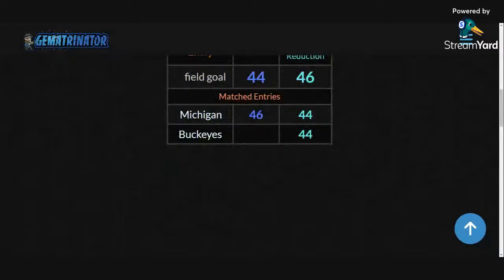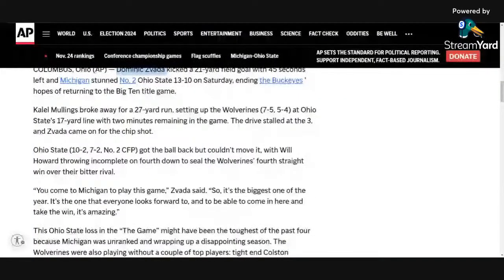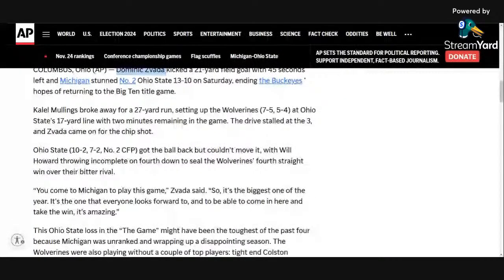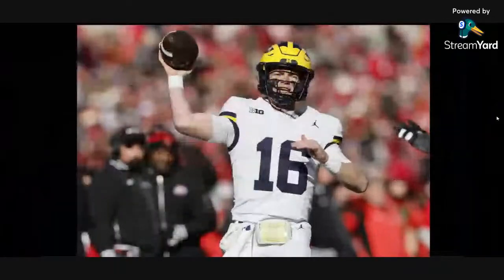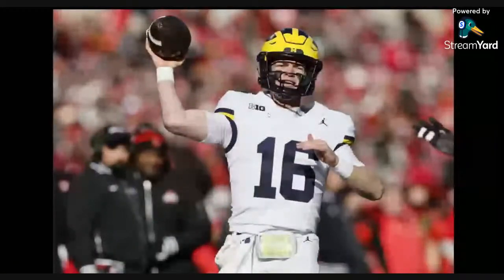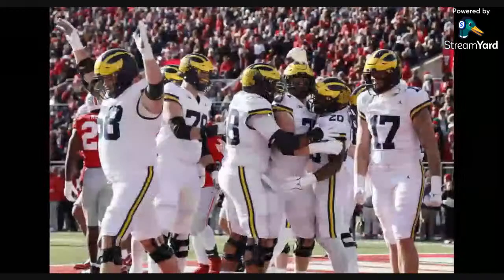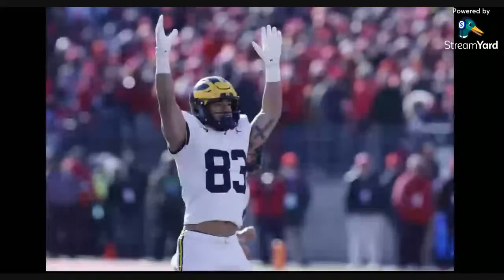And again, that's what this is all about. Game-winning field goal. The first thing I read under the title was this field goal kick by the kicker. And Buckeyes equals 44. Michigan 44. Field goal 44. What's up? You know what I'm saying? So I'm probably... This is where you know, I had these other slides here, but we're not even going to do it. Look, we have like the quarterback and such. Let me just do this real quick. We have these different quarterbacks. If y'all tuned in for like this big breakdown, this is based on the kicker, obviously.